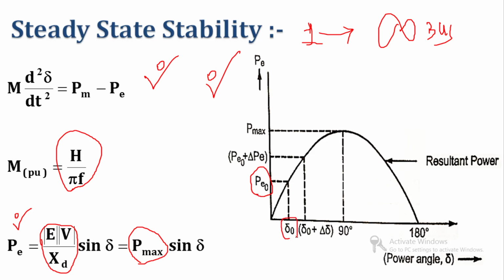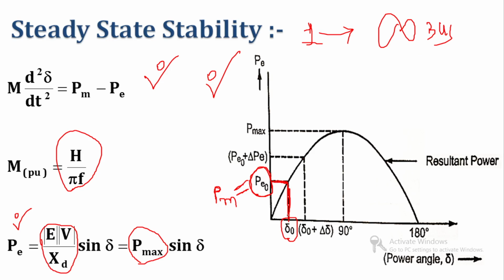So the initial load angle is delta 0 and the initial power transfer to the infinite bus is Pe0, and that Pe0 is equal to the mechanical input. Clear? Because we have considered a lossless system, the initial power over the infinite bus is equal to Pm, the mechanical input, and its equivalent electrical output is P0. For that particular power, the power angle or load angle is delta 0, which you can see in this figure.